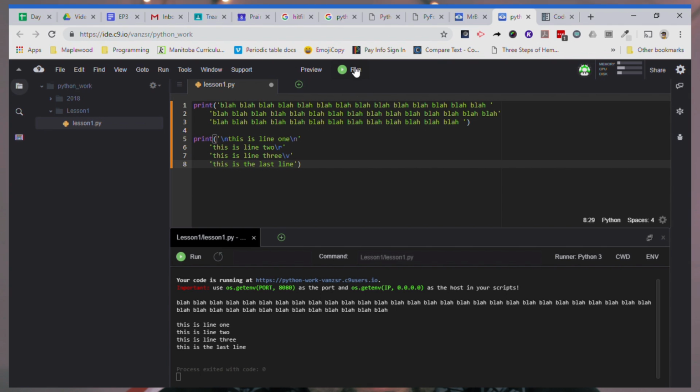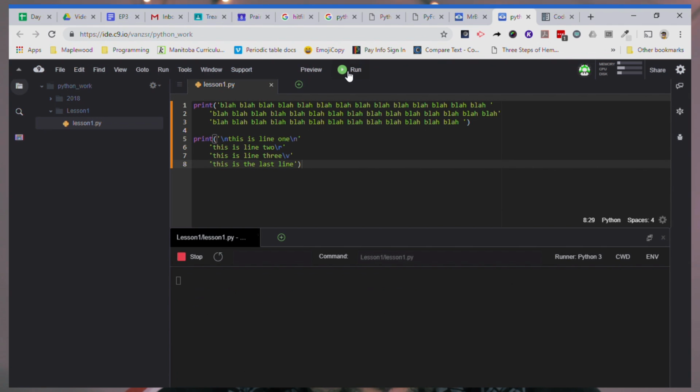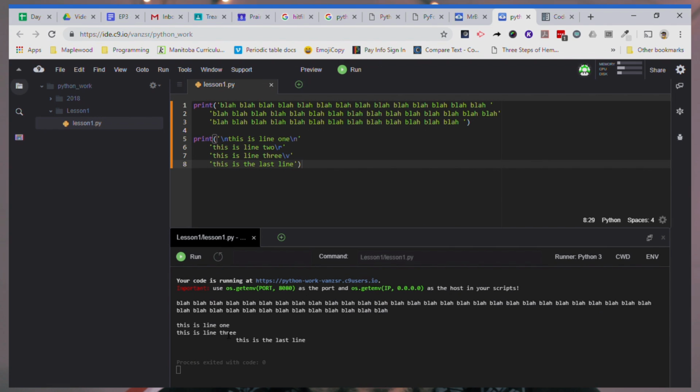So we'll save this up and run it again. Our blah blah blah code is still there, and then we can see this is line 1. Then we skip all the way and see this is line 3, and then we have the last line printing. So we can see that the \r, the carriage return, actually returns us to the start of the line but doesn't move down a line, so that the next line actually writes over the previous line